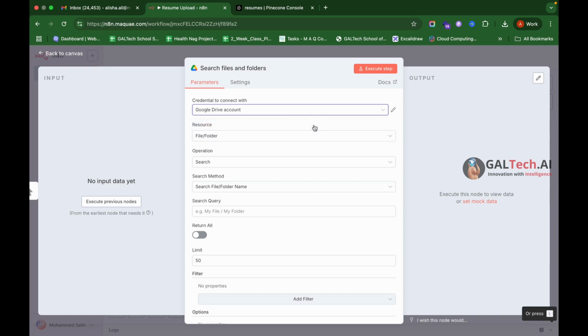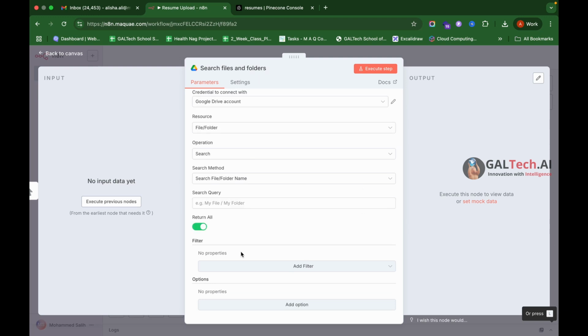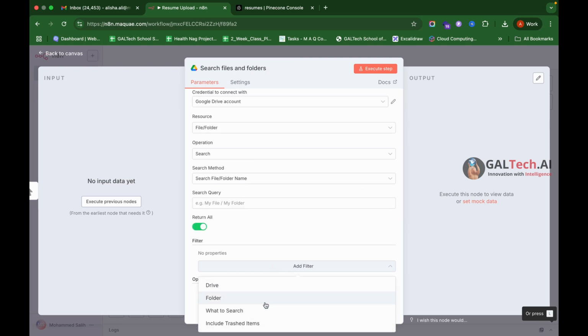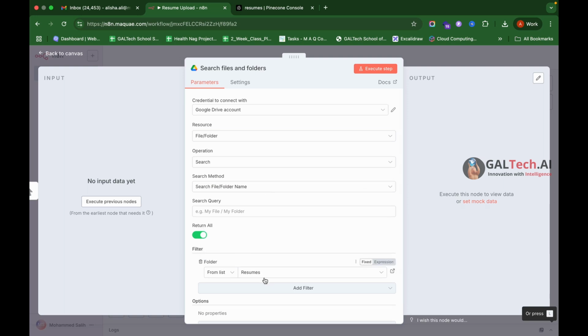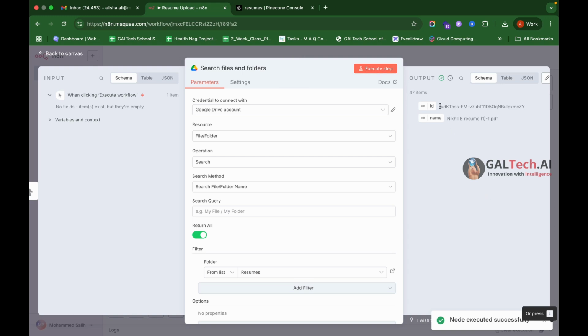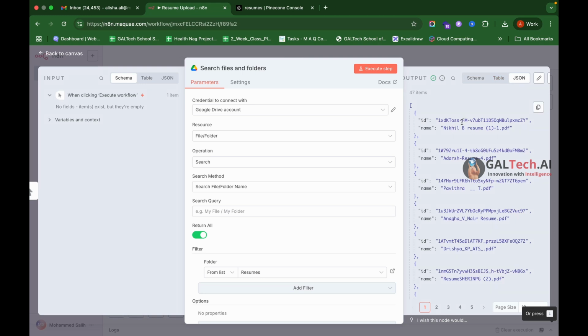Okay, now you have to authenticate using your Google account, and then let's click over here called return all the files, and then let's give the folder name where we have the resumes. Okay, now I have the resumes in this folder called resumes, and I'm going to give it like this. So it will fetch all the resumes from this particular folder. Now let us just execute this step to see if it is returning. Yeah, so you can see here that it is returning all the information available in the Google Drive where I have all the resumes that I have uploaded.